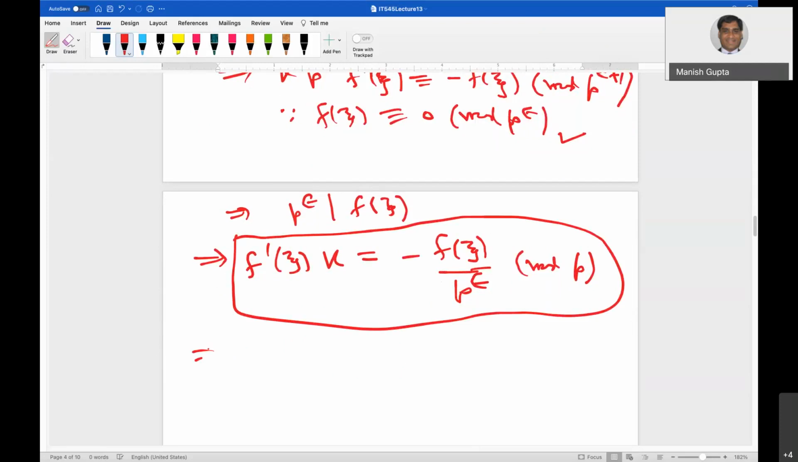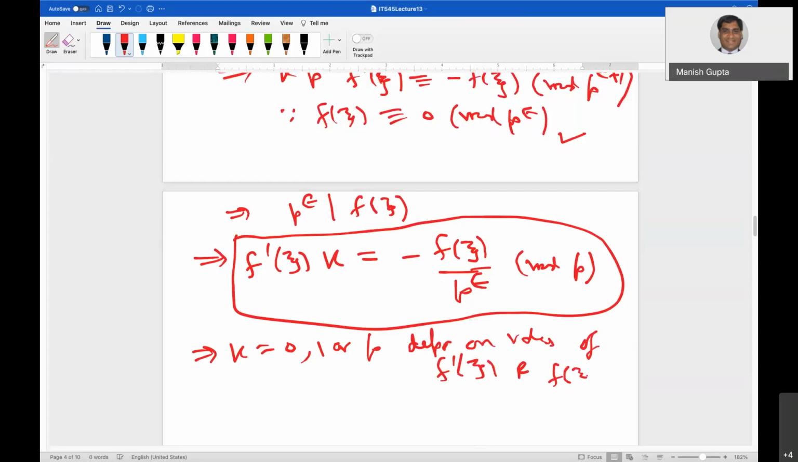This implies that k is 0, 1 or p depending upon values of f dash of xi and f of xi divided by p raised to power epsilon. इसकी और इसकी वैल्यू पे डिपेंड करेगा k की क्या वैल्यू होगी, ठीक है। So let us now do an